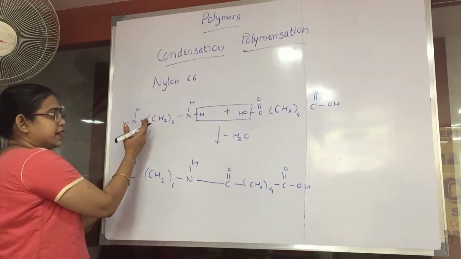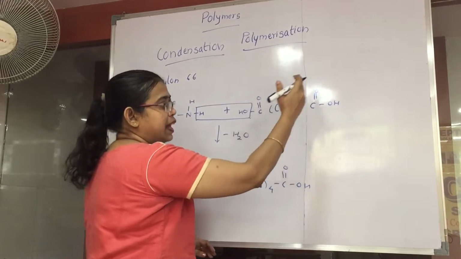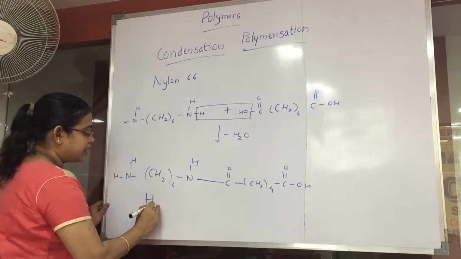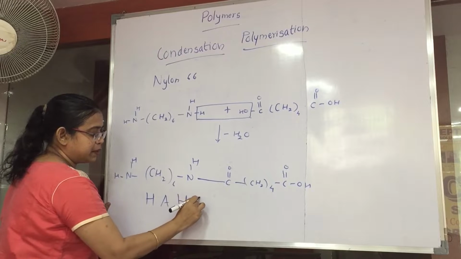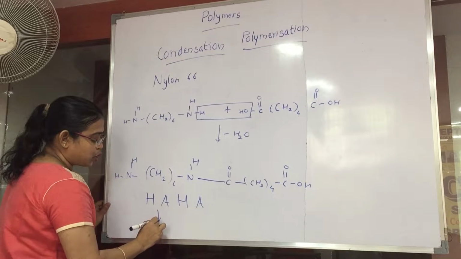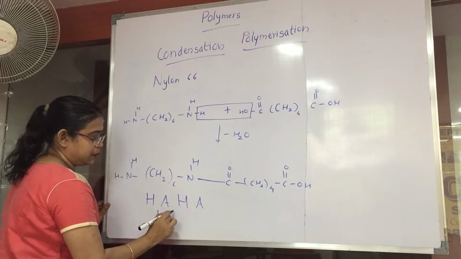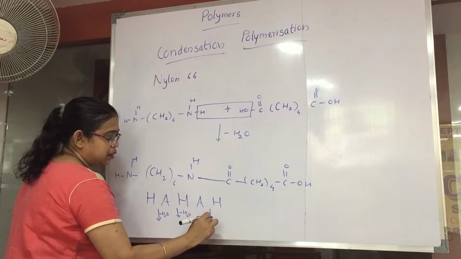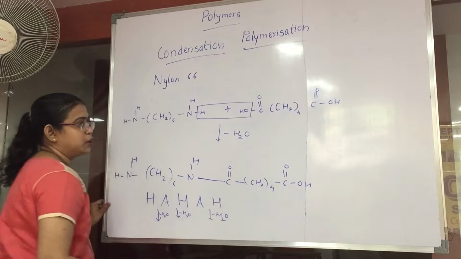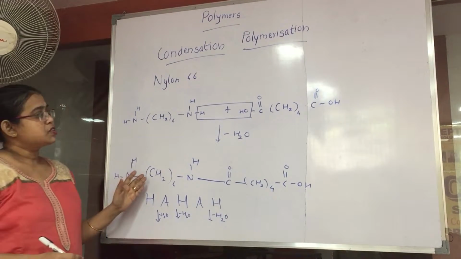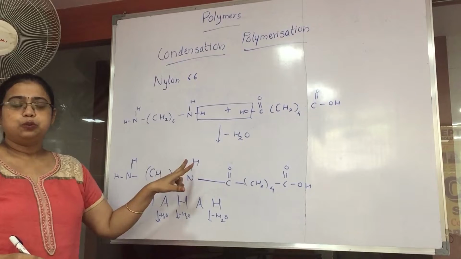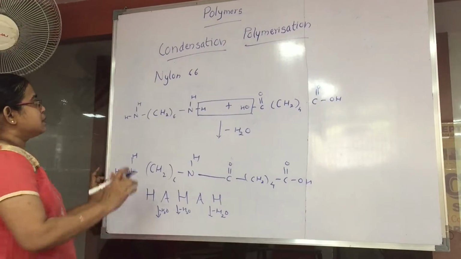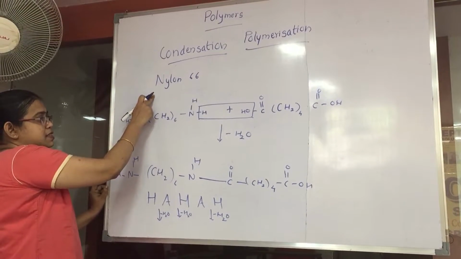So one we have hexamethylene diamine, adipic acid, again hexamethylene diamine. So we will alternatively join one hexamethylene diamine, one adipic acid, again hexamethylene diamine, adipic acid, and wherever we are joining the 2 monomers, a water molecule will be removed. Again here water molecule will be removed. So wherever we join the monomers, there will be removal of water molecule. So this type of polymerization, in which when we join the monomers, a small molecule is removed, is called condensation polymerization. So this is the first example, which is nylon 66.